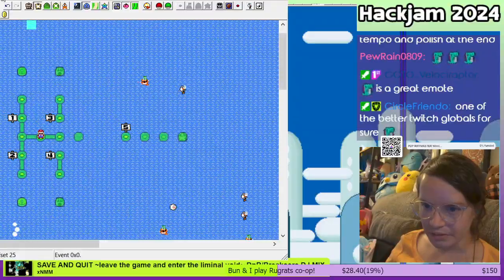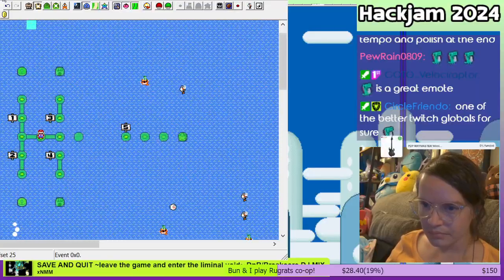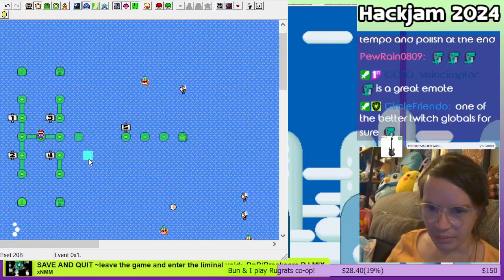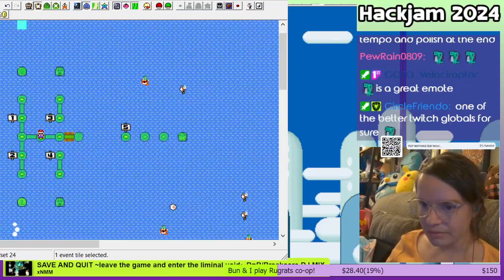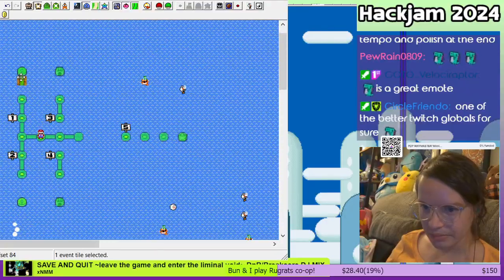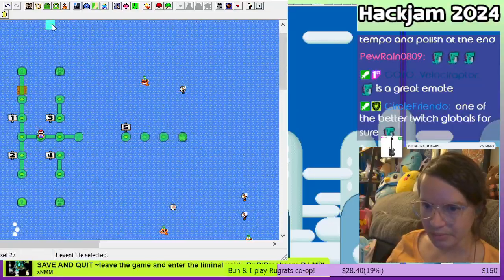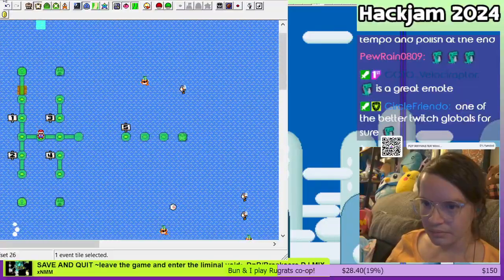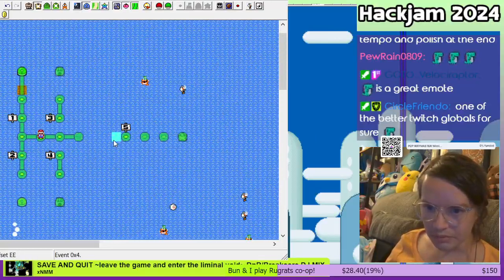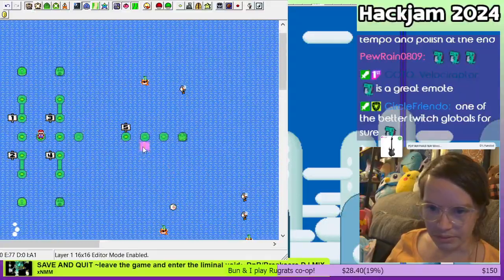Previous event, event 0. Event 1, we'll unlock the path to there. Event 2, we'll unlock this step. And then event 3, we'll unlock this step. Event 4. Actually, before we do event 4,